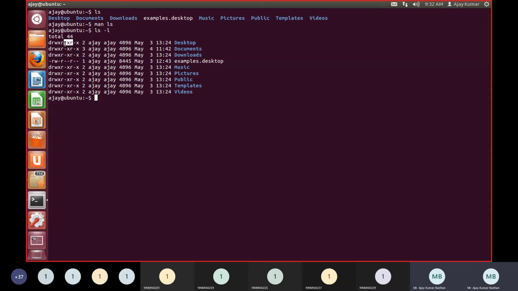If you see here desktop, whenever I'm sharing with anyone, suppose I'm sharing this desktop folder with you people, I will give you read option and execute option, but I will not give you the write option here. This is something like I have written a program, and that program I am going to share with you people.